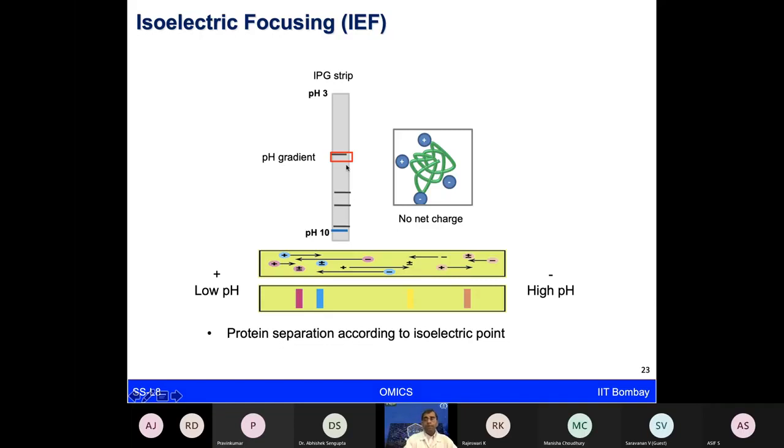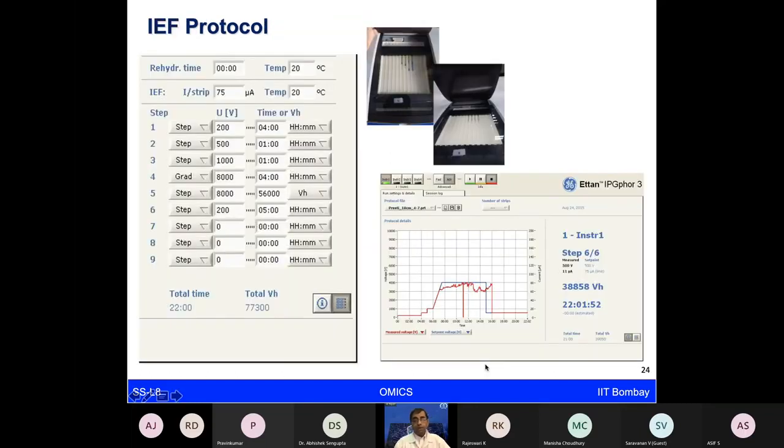Wherever the pH becomes equal to the pI value, there is no net charge, and that migration will stop. Accordingly, all the proteins are going to move in this particular isoelectric focusing unit. Depending on what gradient you have provided, 3 to 10 pH or 4 to 7 pH, in that pH range, all the proteins will move to their respective pI values, and you can separate them based on the first dimension